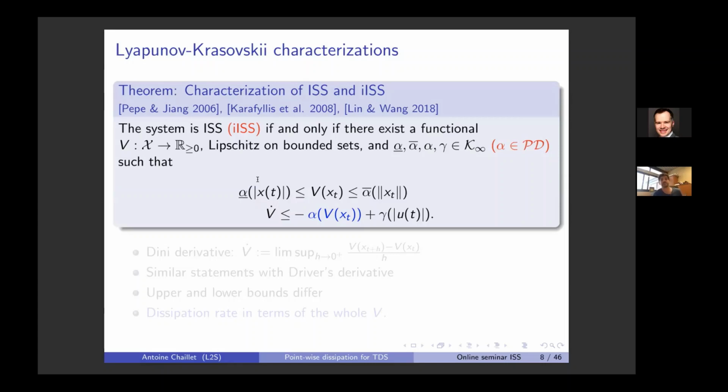so for the sufficiency part by Pepe and Zhang in 2006, and for the converse part in these two other papers, Karafyllis 2008 and Lin and Wang 2018. It tells us that if we find a functional called Lyapunov-Krasovskii functional, we sometimes call it LKF, which is lower bounded by the Euclidean norm of the present value of the solution and upper bounded by the supremum norm of the history. So this different norm is a novelty with respect to the finite dimensional system, but most